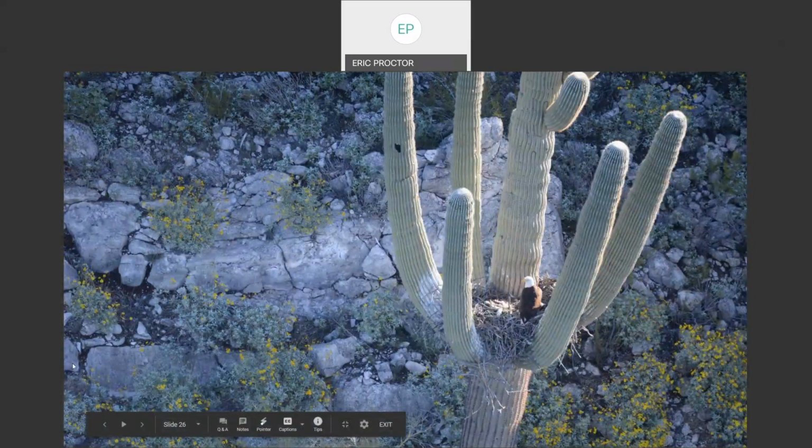Some of you may have seen this news that came out a few months ago. For the first time ever, biologists have documented bald eagles nesting in saguaros. They were known to nest in some other columnar cactus species in other parts of the world. And we had an unsupported account of one nesting in a saguaro from years ago, but we didn't have any documentation of it. So we knew it was always a possibility that bald eagles could use saguaros, but this is the first year that we actually got evidence during one of our aerial nest flight surveys of bald eagles using a saguaro. So this was really cool news for us. It opens up the potential for other nesting sites in the future.